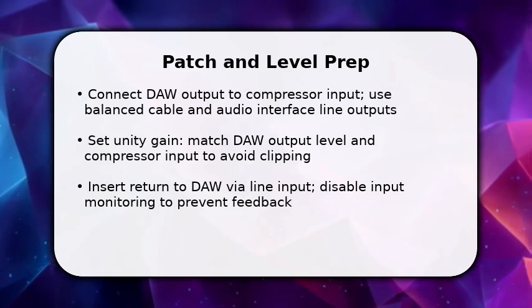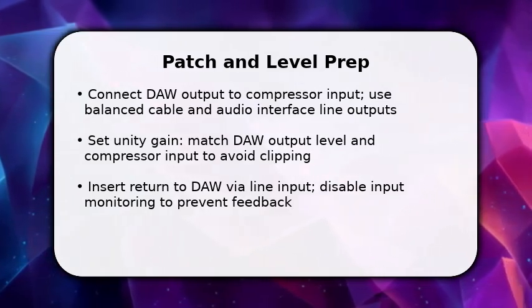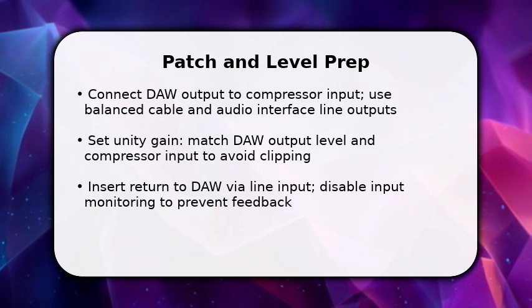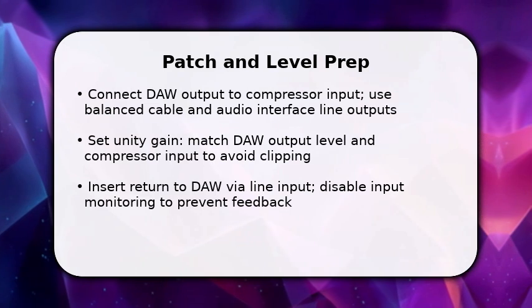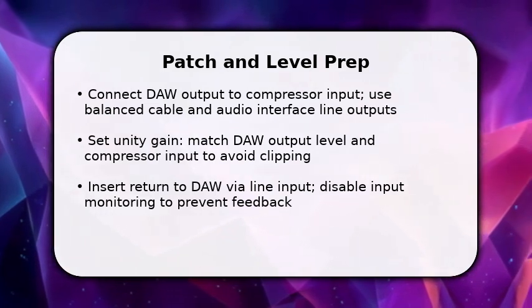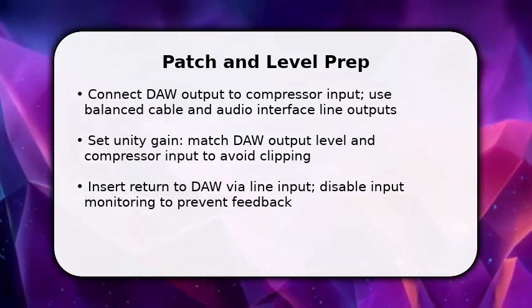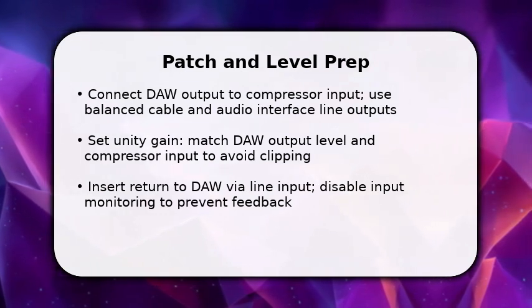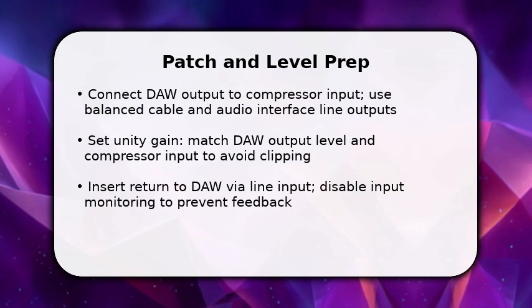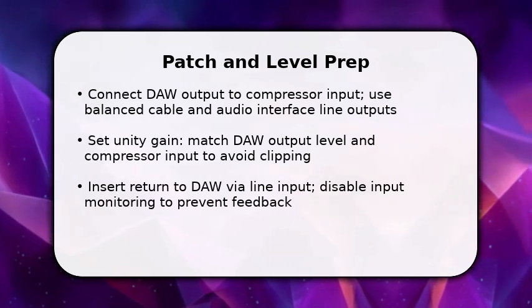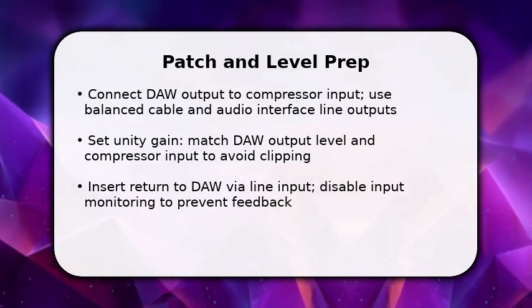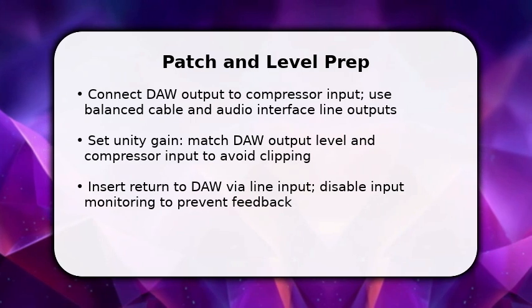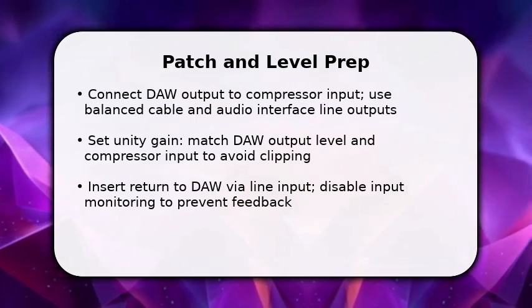Enjoy the video. You start by physically patching the signal, DAW line out into the compressor input, then compressor output back to your interface. Make sure levels match so you're not adding unwanted distortion. Set the interface and compressor meters to unity. Once done, disable direct hardware monitoring on the interface so the DAW's return track is the only monitored source. This immediate setup prevents phase and level surprises and gets you ready to hear compression applied in context inside the